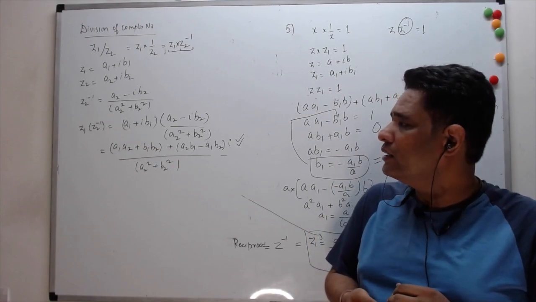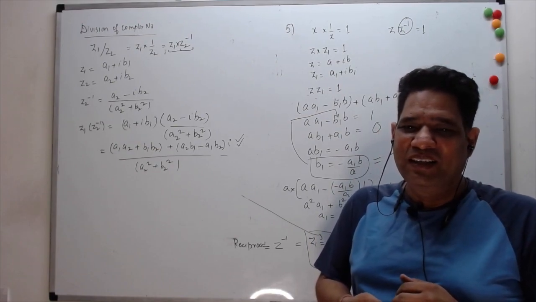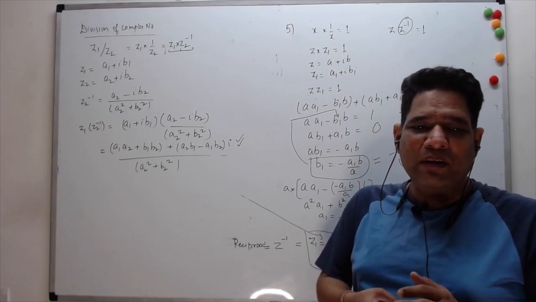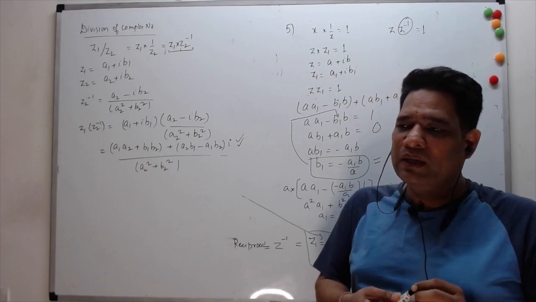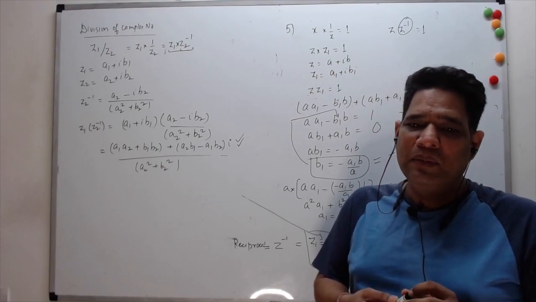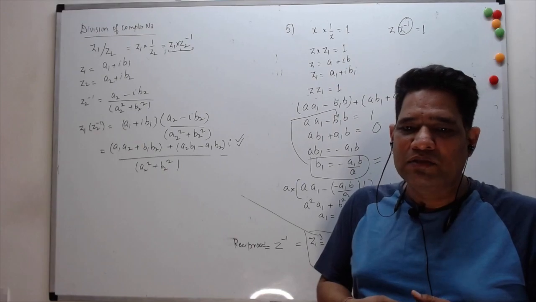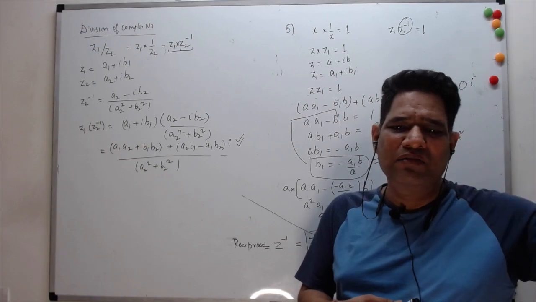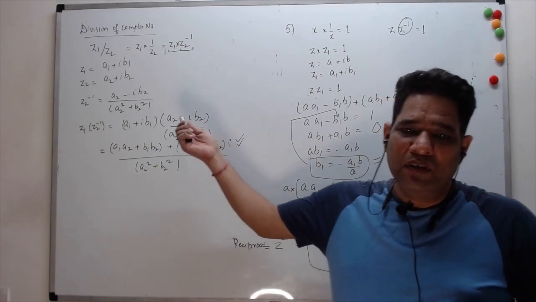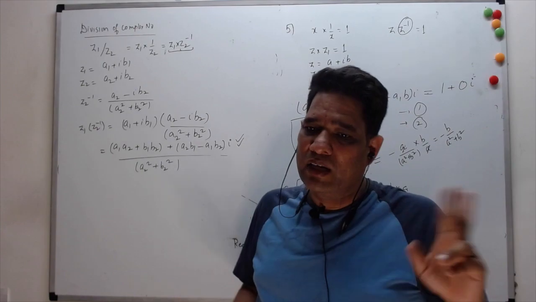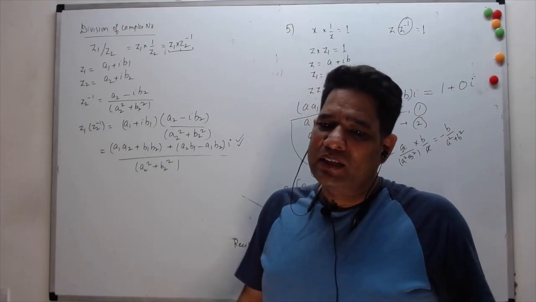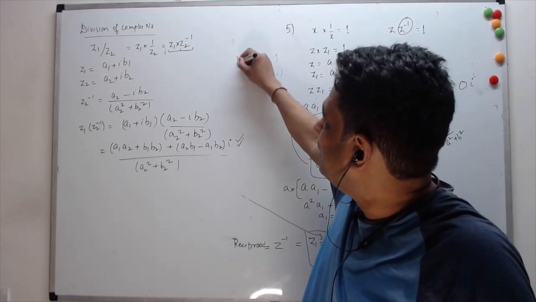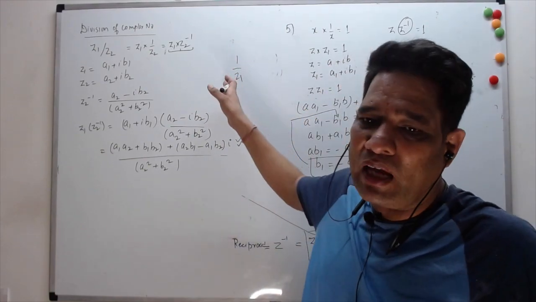Yeah, I can understand if you're doing it for the first time, then it can be a little overwhelming. But I think just getting familiarized is a big step forward, and try to relate it with real numbers. Is it different? How different is it? We talked about rationalizing in real numbers, irrational numbers. In the same way, when you have a number which is 1 over a complex number, you can't really put a value to it.